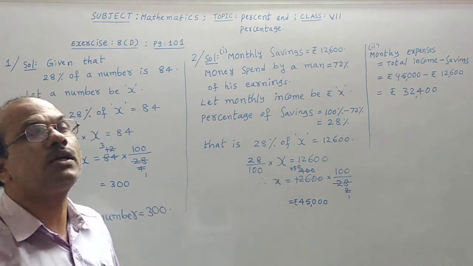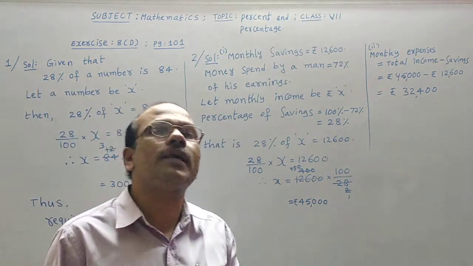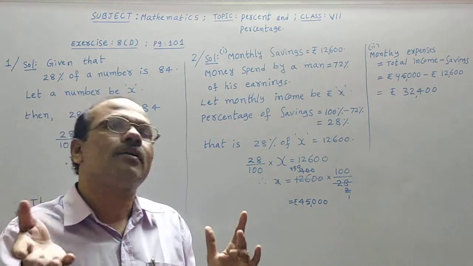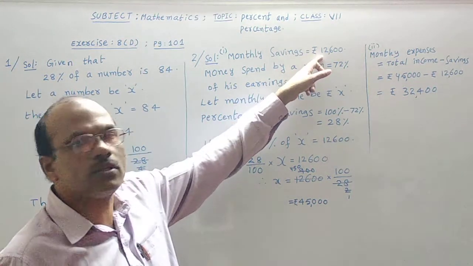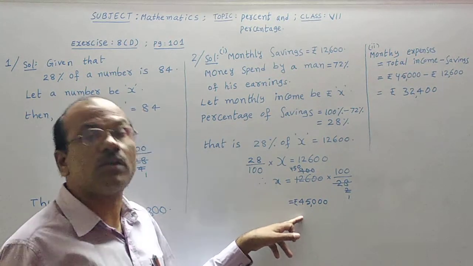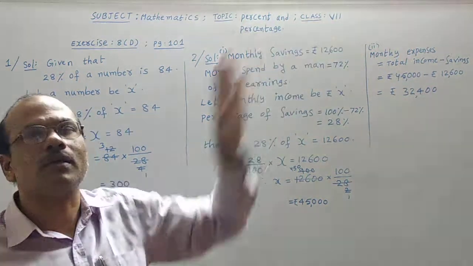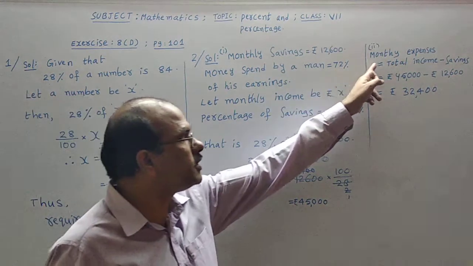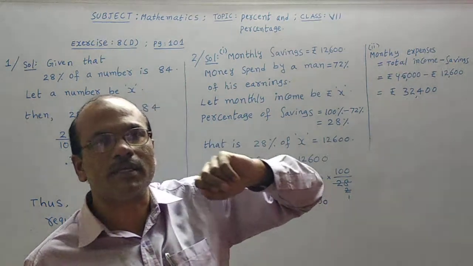Afterwards, in the second bit of the same question, what is asked is the monthly expenses. How do we get the monthly expenses? Total salary minus the savings of the same person. Already we came to know the savings are 12,600 rupees, and now we have got the person's monthly salary as 45,000 rupees. Am I correct? Then only subtraction will help us get the required answer. Let us see the second bit here. The monthly expenses we have to write with the help of subtraction.